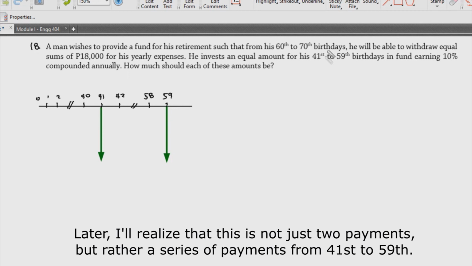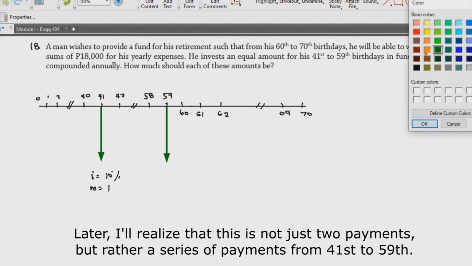Okay, and then for our I here, you can just write 10% compounded annually, so M would be equal to 1. Okay, and then it says starting from his 60th birthday, so 60 and then up until 70. We're not sure why only until 70, since this should be a perpetuity so he always receives. But since it's 70, maybe they expect he dies at 71. Anyway, 60, 61, 62, time skip, 69, and then 70. Okay. So, let's have arrow up